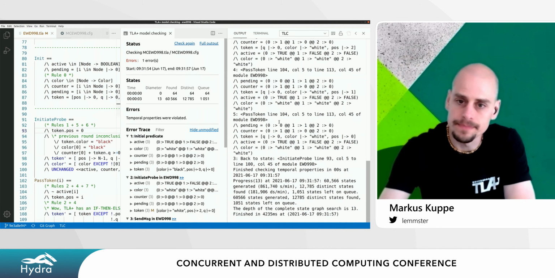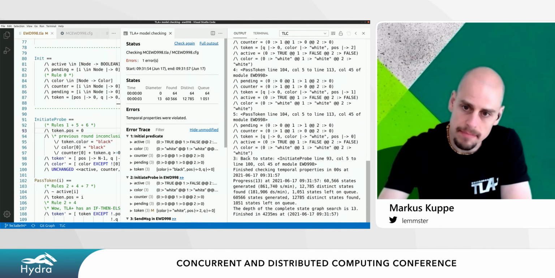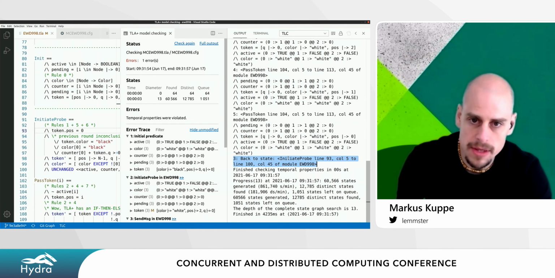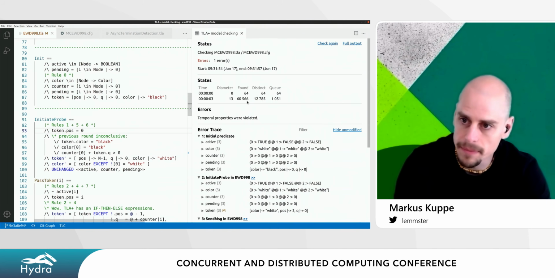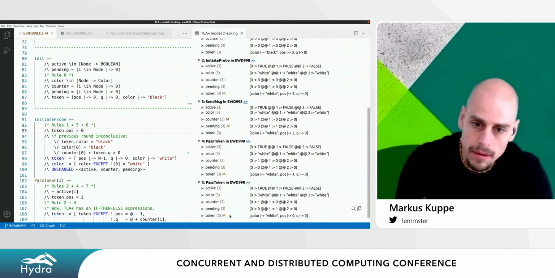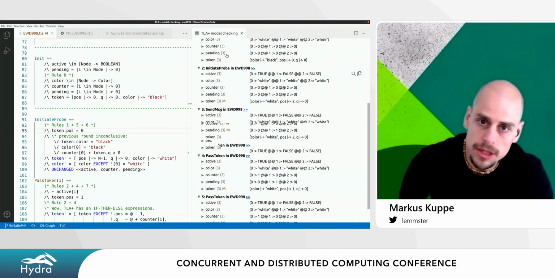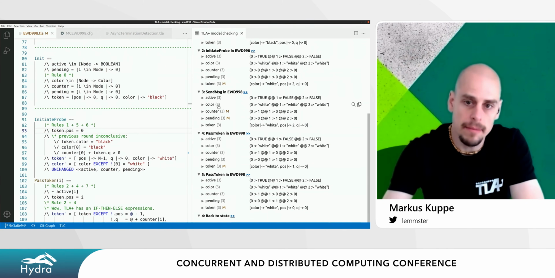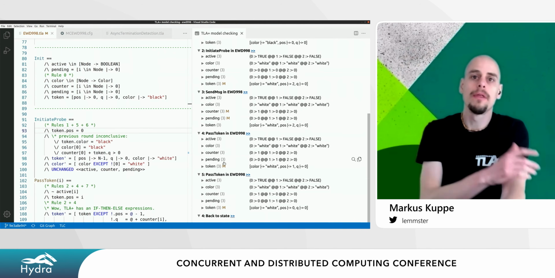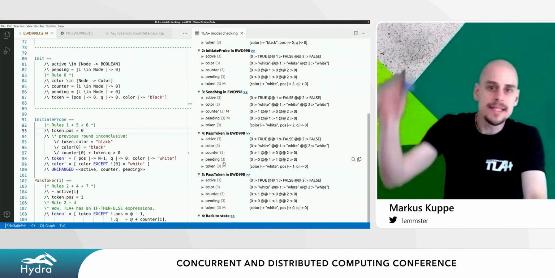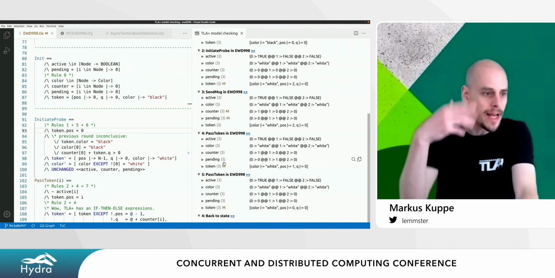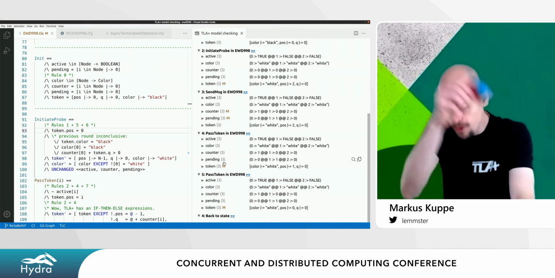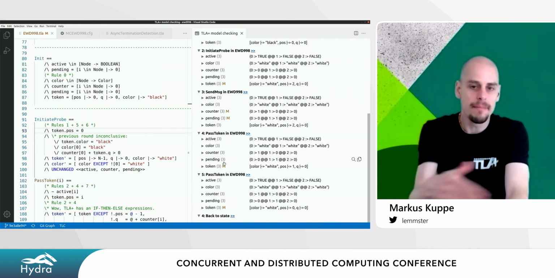Let's look at the full output. It says in the text, back to state, initiate probe, line so and so. And for some reason, the VS Code extension parses the thing wrongly. I see. So we have an infinite loop from some initial state, then it goes to initiate probe, send message, pass token, loop back, initiate probe, send message, pass token. So remember, three nodes that keep passing the token, but there's always a send message, which means there's no global termination. So we keep passing the token over and over again, but some send message action